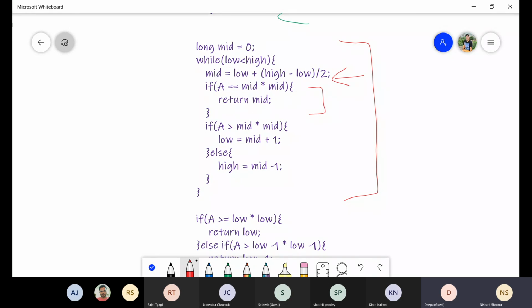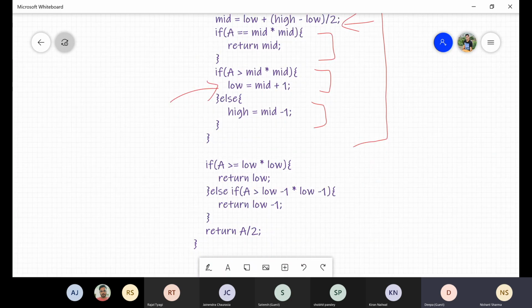If it does not exist, then we either increment the low or decrement the high. But in the worst case, what will happen when a number does not have a perfect square? I need to utilize this low variable, because I am talking about the lower part of a square root instead of the higher part. Then I will use this low to find the square root here.